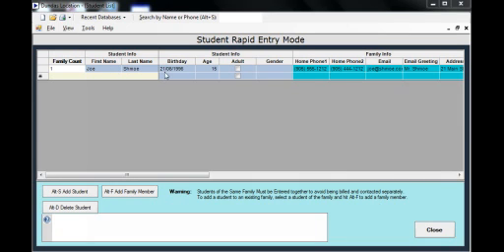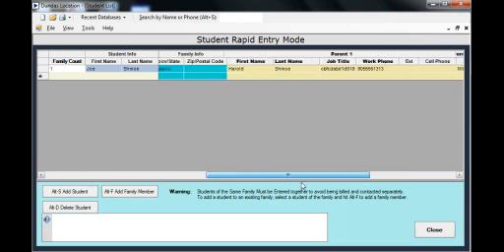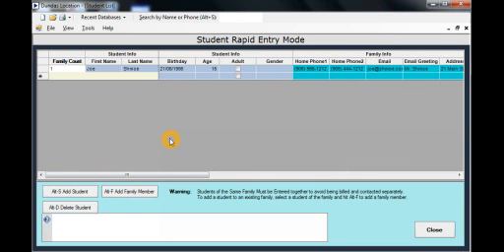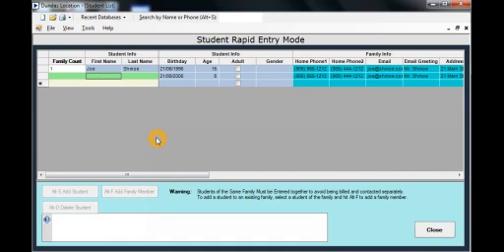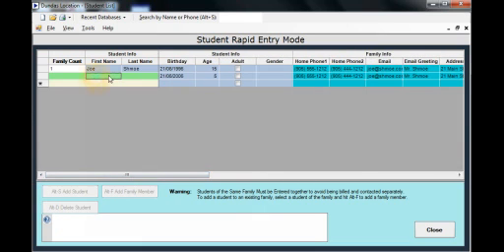Now you can see we have one student with everything all filled out. Phone number, address, email, the whole bit. To add a family member to an existing student, click on that student right here, then hit Alt-F. The family's information is now duplicated for the next family member. So now you can add the brother or the sister here, whatever you want,